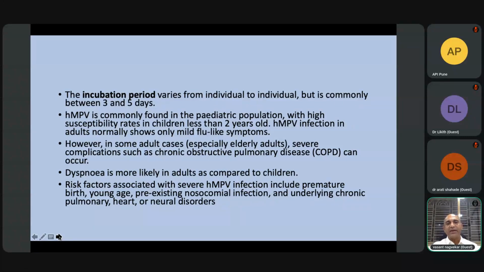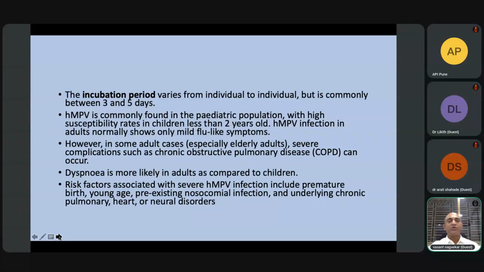In the elderly, it can behave like COPD because of the severe bronchospasm and bronchiolitis it causes in elderly patients or patients who have a structural lung disease. But otherwise, in a healthy immunocompetent person, it would just be very mild flu-like symptoms, rarely associated